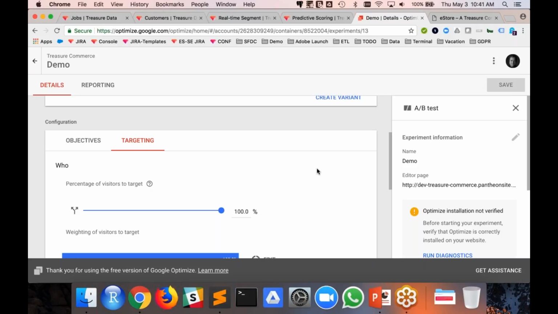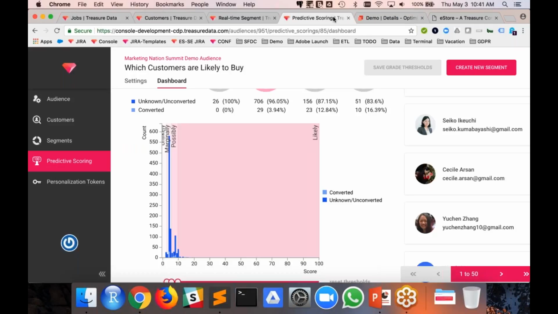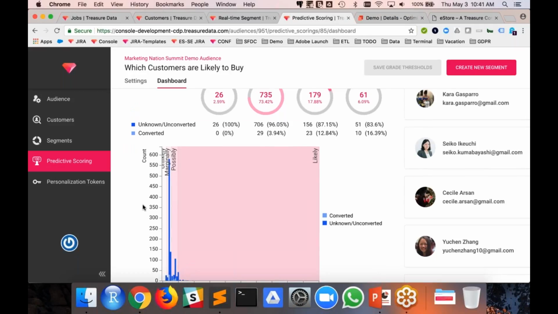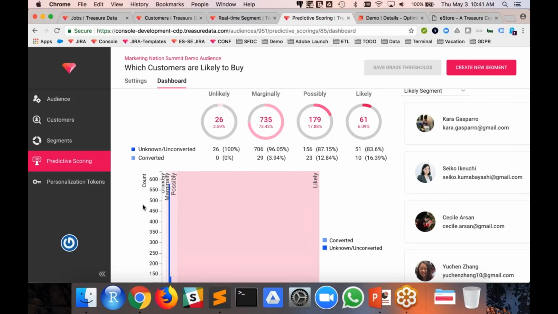Another question here, what is the logic in the background that's used to categorize customers into unlikely, marginally, possibly, and likely? That's a great question. So it is the Treasure Data machine learning engine that we've developed. There's actually an entire machine learning workflow that breaks out the data and analyzes it at scale. What's great about Treasure Data, like I said before, we're not a black box tool.